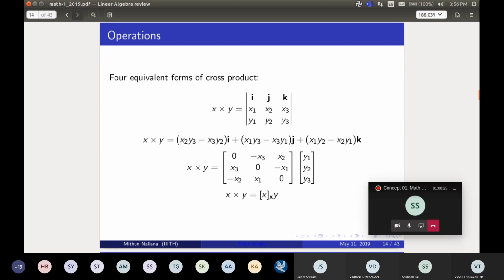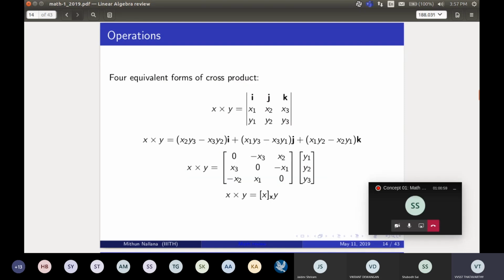One hidden feature with this cross product matrix, if you clearly observe, is that the diagonal elements are 0. And if you take the transpose and then take the negation of it, I mean, take the additive inverse of the elements, you'll get the same matrix again. This is called a skew-symmetric matrix. So if you want to find a cross product of two vectors x and y, instead of doing all of this, you just define this matrix.